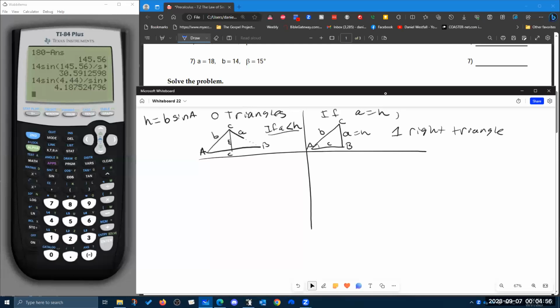Now, we could end up with a situation where we have one triangle, and hopefully I drew this big enough. I think I did, where I have angle A, H, and B, and A is greater than B is going to give me one triangle here, and I get two triangles